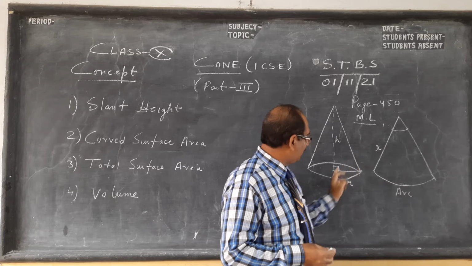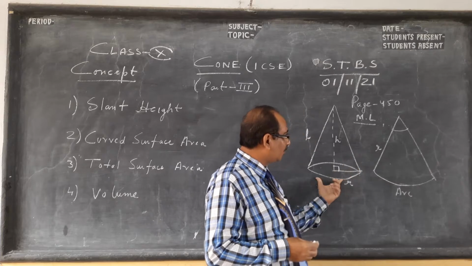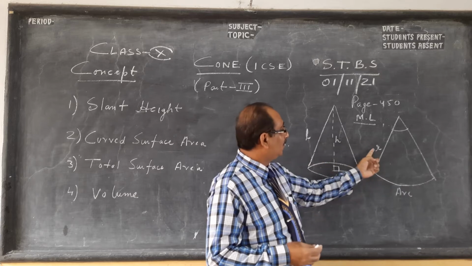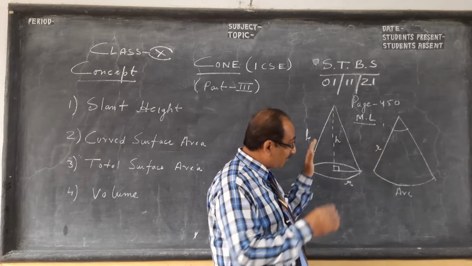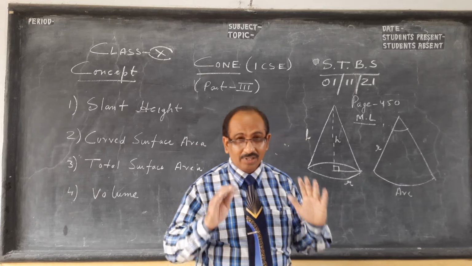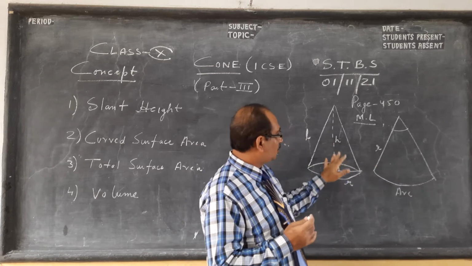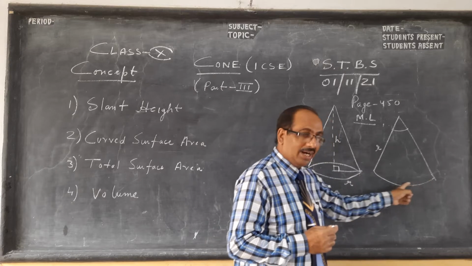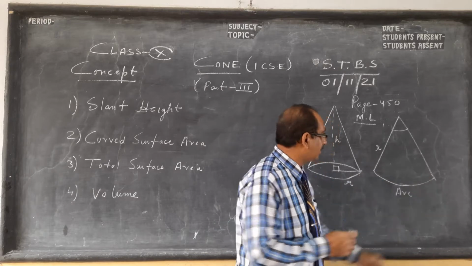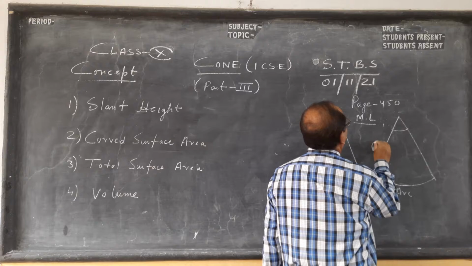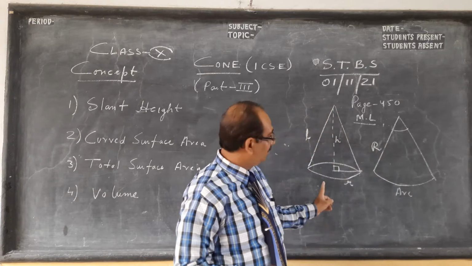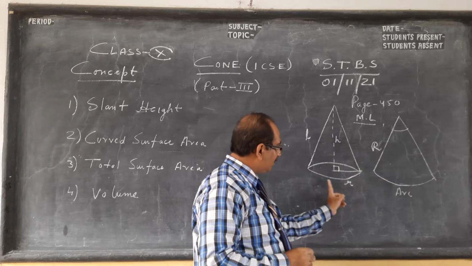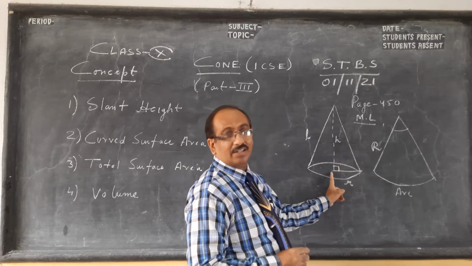So this is a sector, don't confuse, this is the radius of the cone. Here the slant height is equal to the radius. This is where we take a paper and fold it, and you will get a cone. This part is the arc of that bigger circle, I could have called it R in fact, you should not get confused. So that becomes 2 pi r. This is the base of the cone, which is a circle.